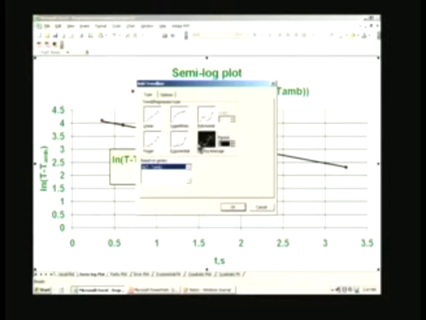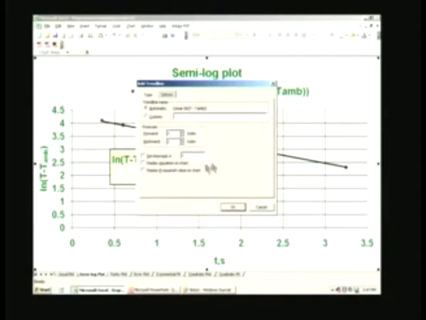So, let us not worry about all of them. Right now, I know that I am expecting a straight line relationship, so I will click this. That means that the trend line I am going to get is going to be a straight line, and options are there. I can, for example, ask it to display the value of the correlation coefficient if I want.